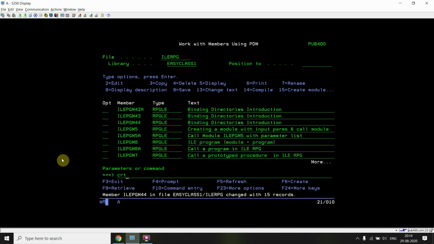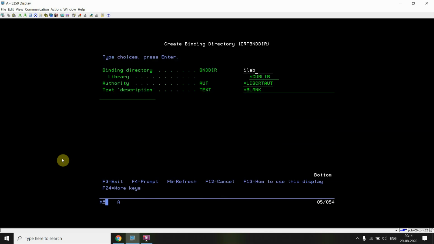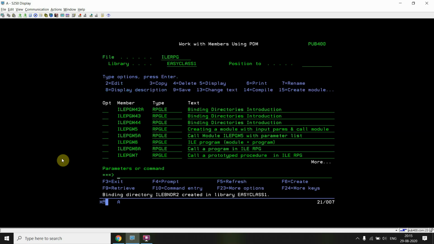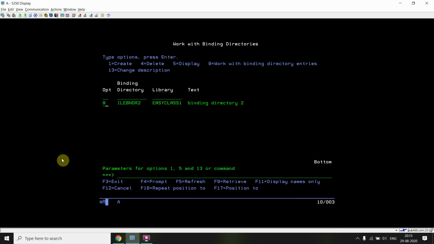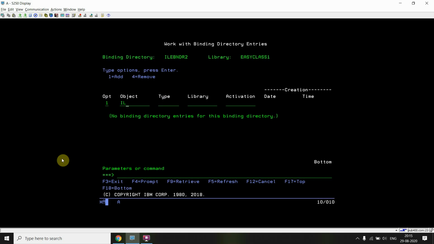So create BNDDIR ILE BNDR2, binding directory 2. Okay, so work with BNDDIR ILE BNDR2, taking option 9 here, adding ILE PGM42A, that module.